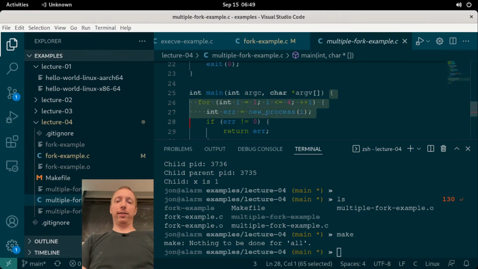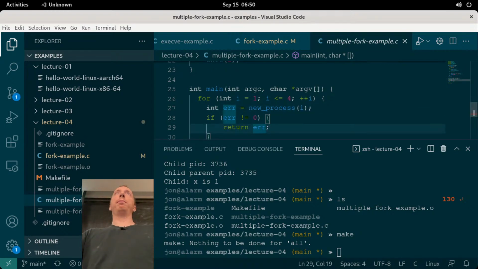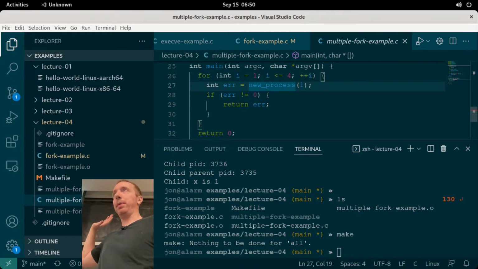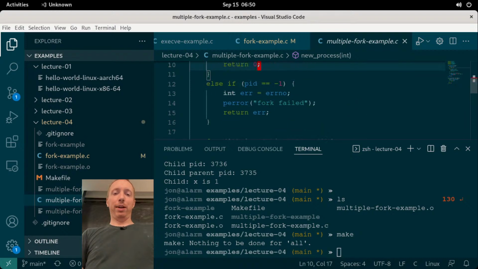And then it calls this function new process. If it returns some error code, I'll just say 0 is no errors, and if it is an error of some variety, I'll just catch it and then return. And return from main, that's the same as exit pretty much, and that kills this process. So main will go ahead and call this function called new process 4 times. Now inside new process,